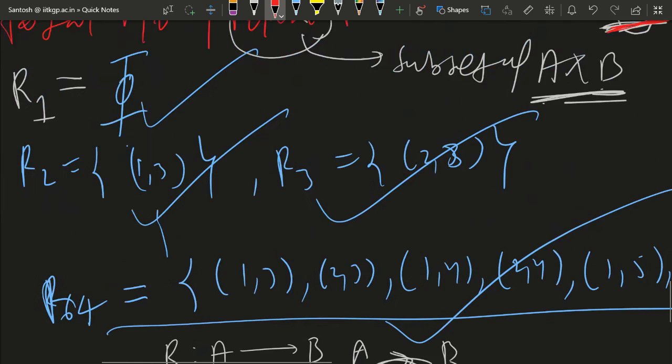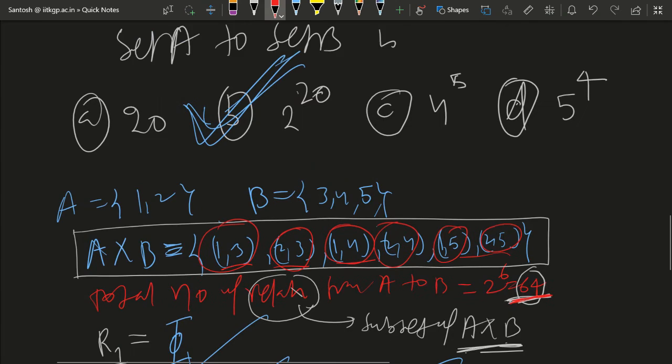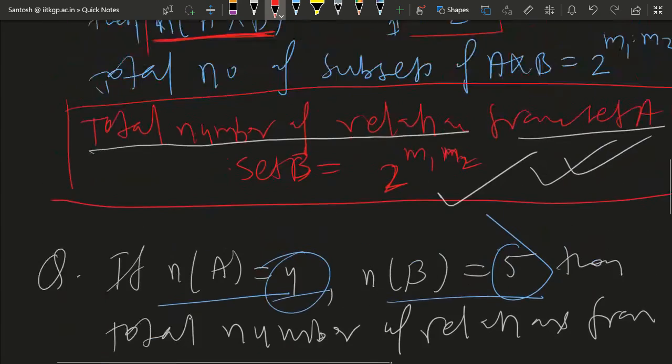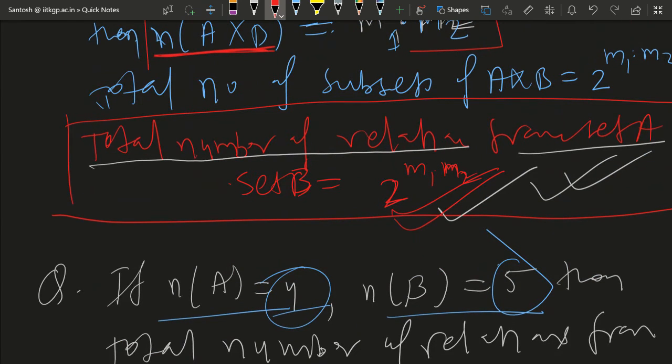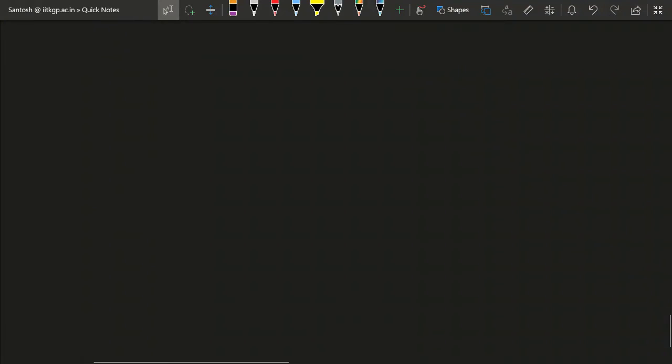So you can remember one formula: the number of relations from set A to set B is 2 raised to the power m1 into m2. This was if m1 is the number of elements in set A and m2 is the number of elements in set B. Now we'll write the next term,